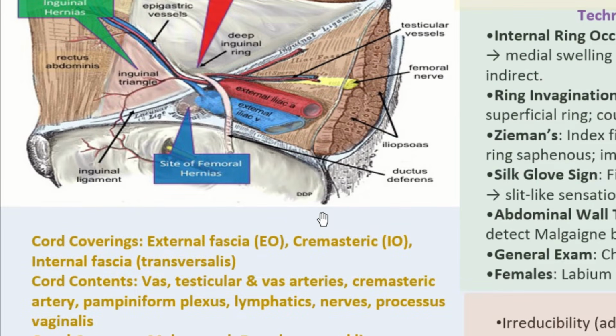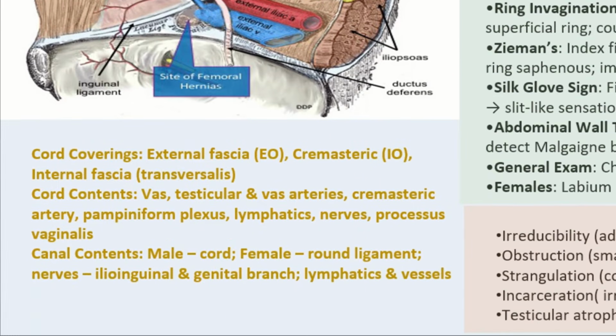So we talked about this spermatic cord, which is going to be transporting the blood supply and the nerve supply. It's going to contain lymphatics and the venous system going to the testicles. So it is covered by